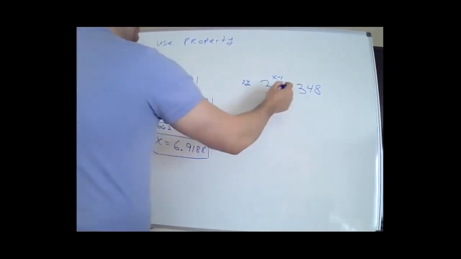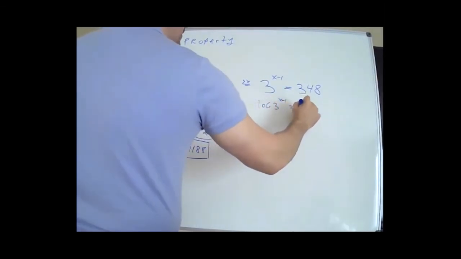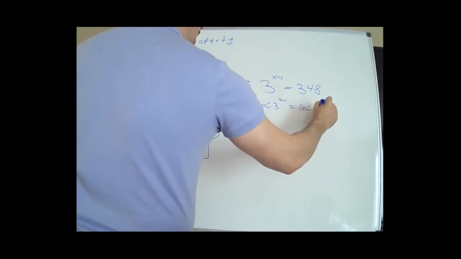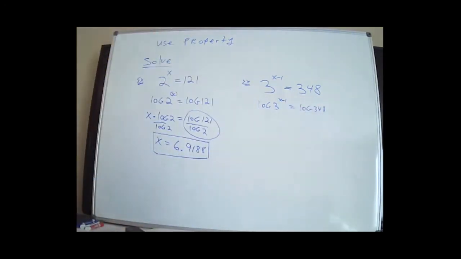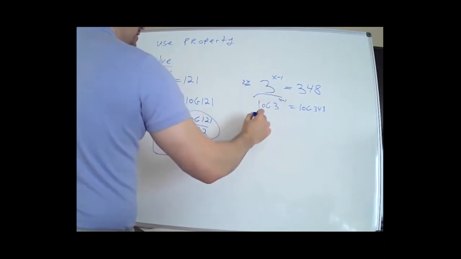Okay, so the second one, I'm going to take the log of both sides again. This is how you solve it. It's going to tell you to solve the following using logarithms. If it says that to you and you don't do that, then I'm going to mark you wrong. This comes in the front. Now, here's the part where you've got to be careful. When you move this in the front,